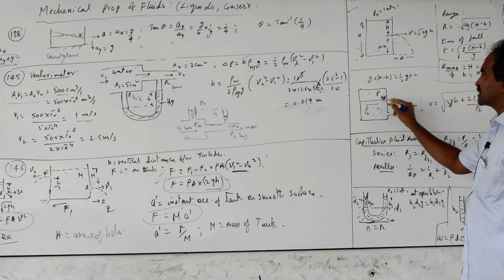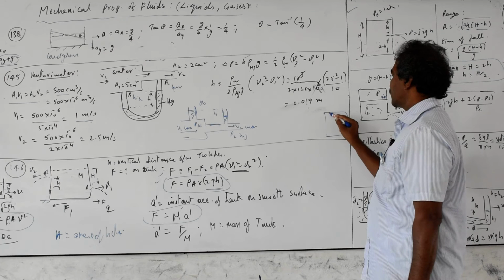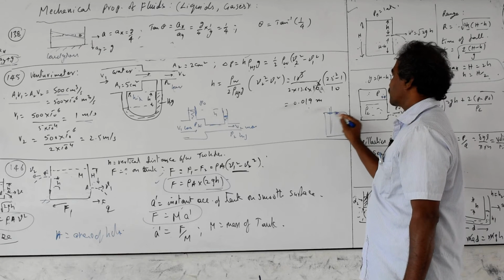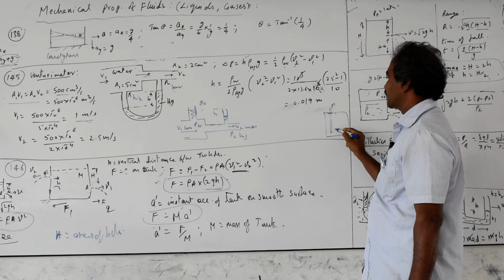Compared to the atmospheric pressure, the inside pressure is less, which means fluid will not come out. If you drink a cool drink with a small hole and a straw inside, closed from all directions, air is not able to enter inside. If you want to suck it out, the liquid will not come out.